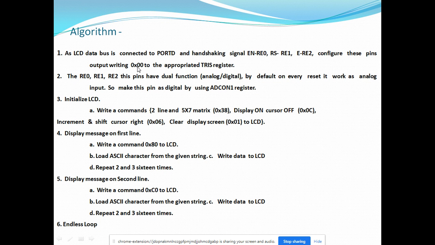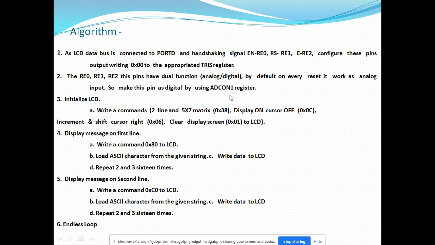So by writing 0x00, you can set port D and port E as output ports. In the second step, port E has multifunction options, so you have to use these pins as digital IO.